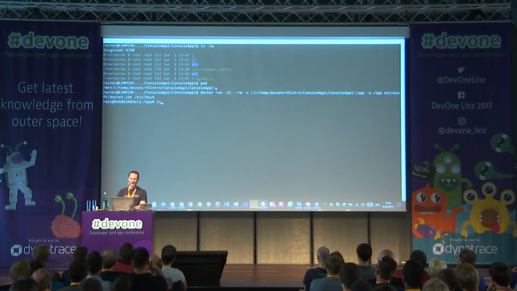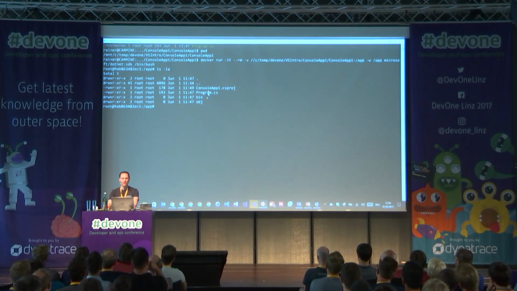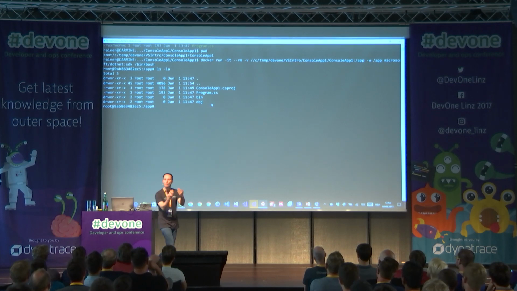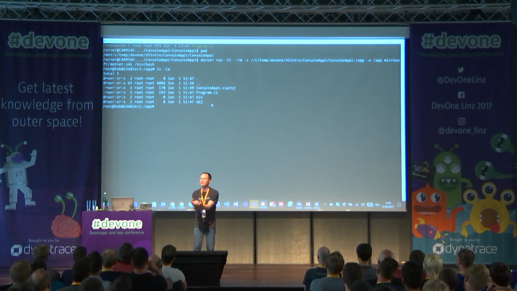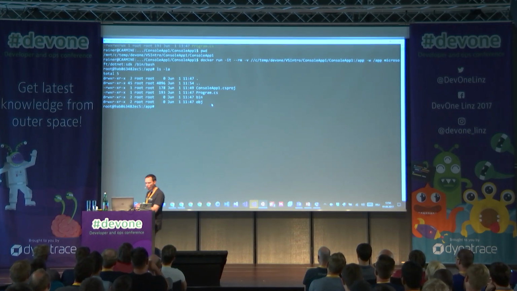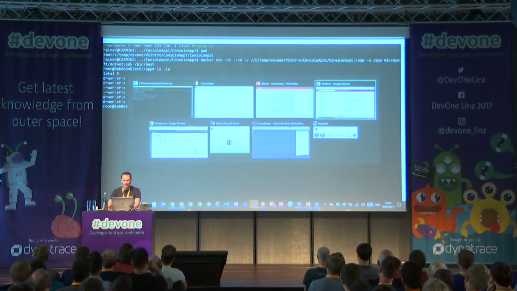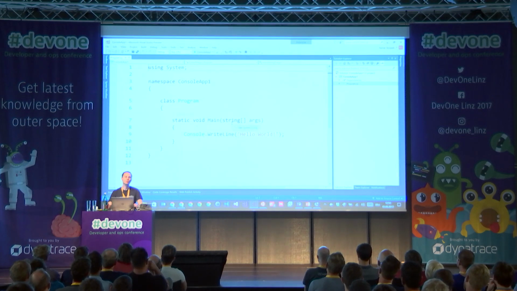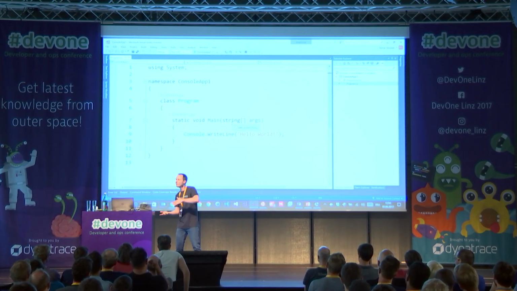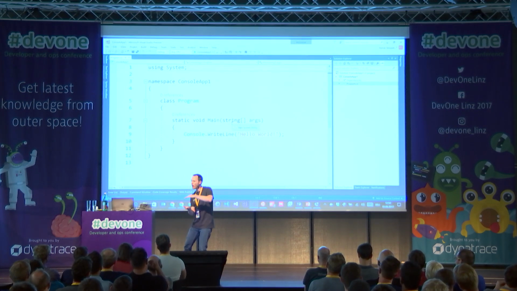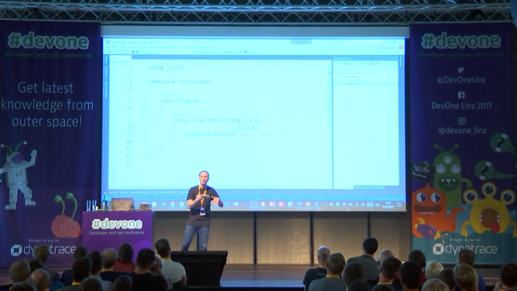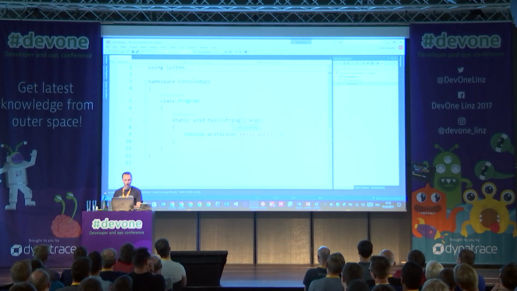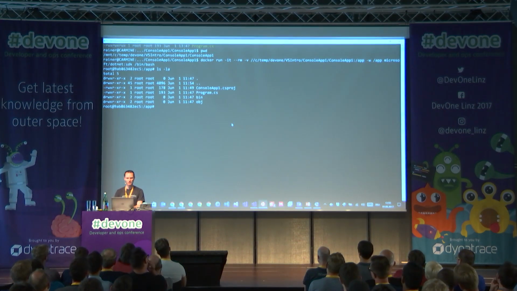So what we now have here is this application, which is really read from the host operating system. This is the code that I'm currently editing inside of Visual Studio. So I can use Visual Studio to do the programming, but with the volume mapping, via Windows into the Linux Docker container, into the ready-made Docker container, I can immediately run it inside of Linux. I can again say dotnet restore,